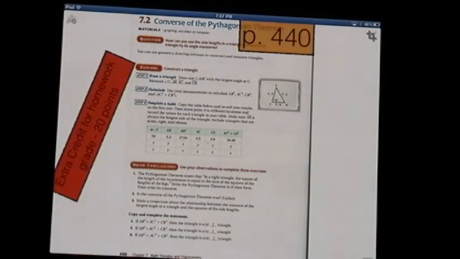All right, the converse of the Pythagorean theorem. Draw a triangle